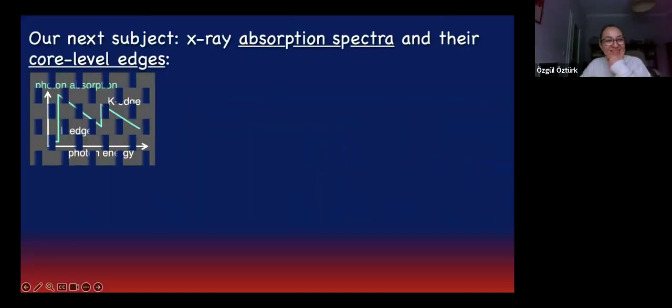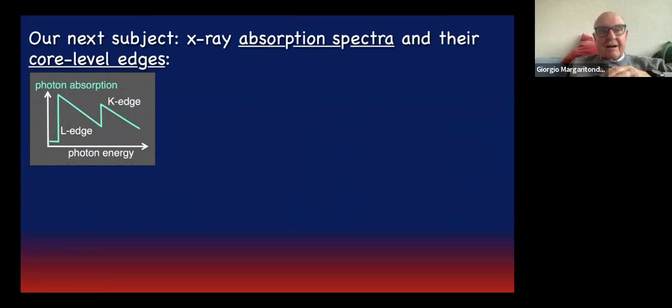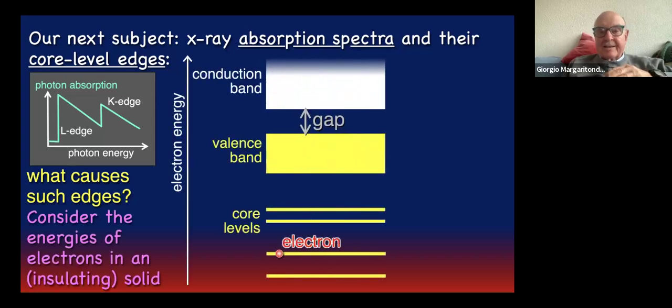All right. Okay, so we are talking about core level edges in absorption spectra. The question is what is causing these edges and how we can use it. To do that, I would like to propose to you the distribution of energies in a solid. And you know that in the solid there are going to be electrons in the valence band, there are going to be electrons in core levels, and there is going to be a gap, a forbidden gap, and an empty